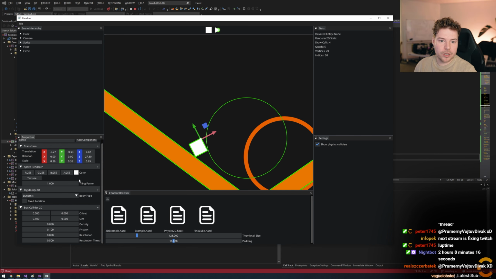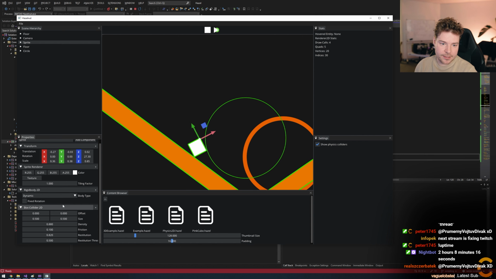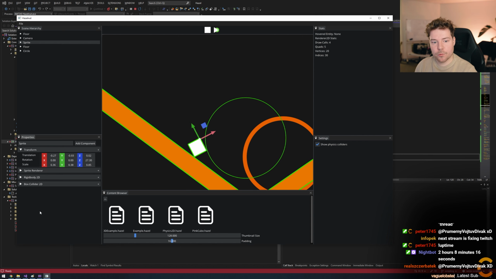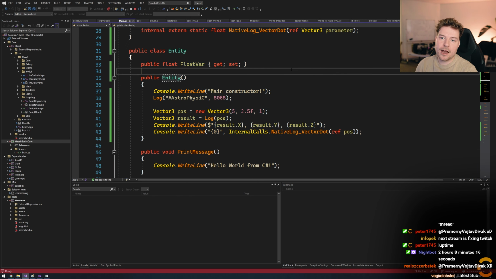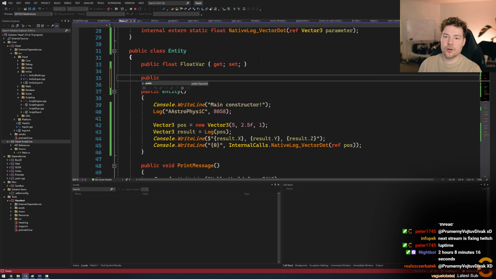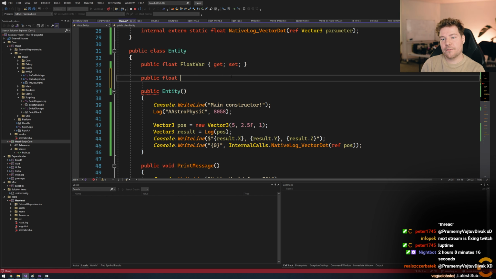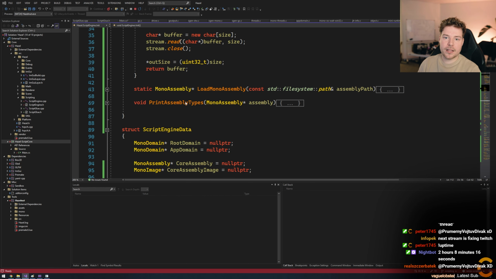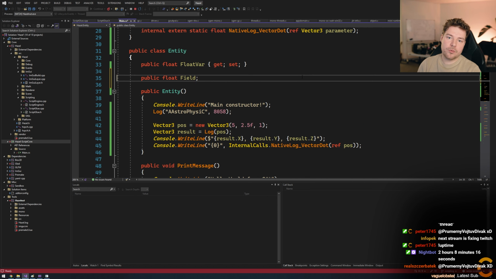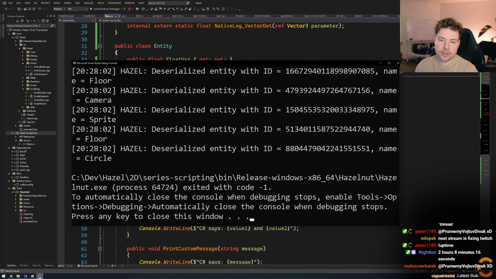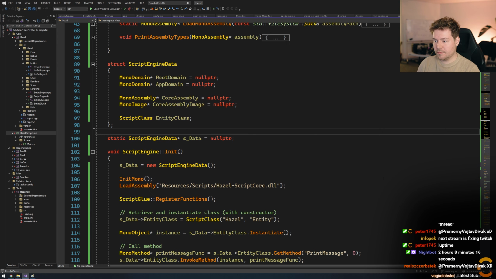There's a lot of other stuff we want. Once we have a script component, I think we'll probably move on to having a way to have public fields and stuff defined. So inside our entity class that we'll create, entity will be the base class, and we'll have another class that is a subclass of entity. When we have some kind of field here that's public, we want to automatically be able to pick that up and set its data through here. We'll cover that at some point as well, because that'll be important. There's a lot of stuff to do, but it's important that we get the basics up and running, which is what we've been doing.